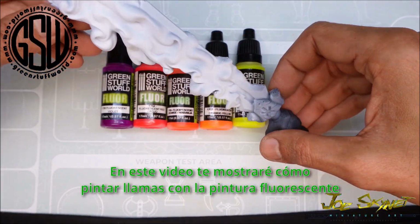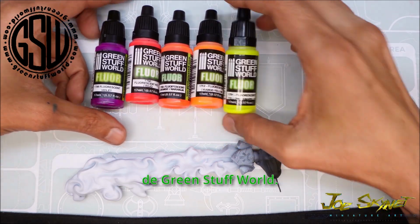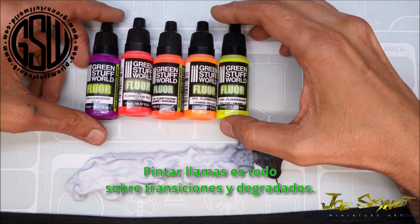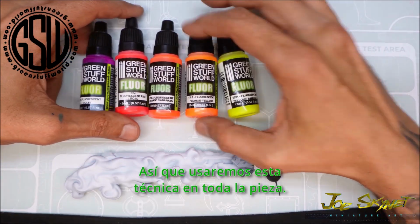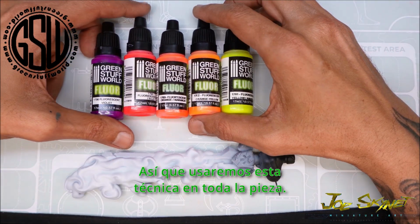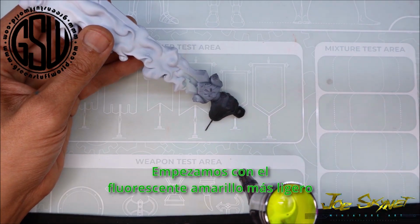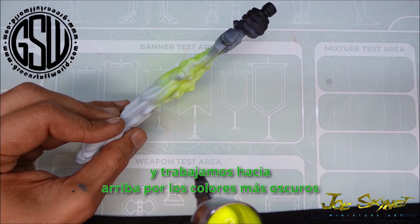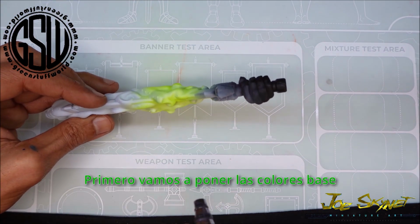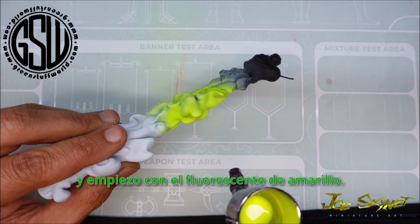In this video I'm going to show you how to paint flames using the fluorescent paints by GreenStuffWorld. Painting flames is all about transitions and gradients, so we'll be using this technique throughout the whole piece. We'll be starting with the lighter yellow fluorescent and work our way up through the darker colours to create our gradient. First we're going to lay down the base coats using the airbrush, and I start with the yellow fluorescent,